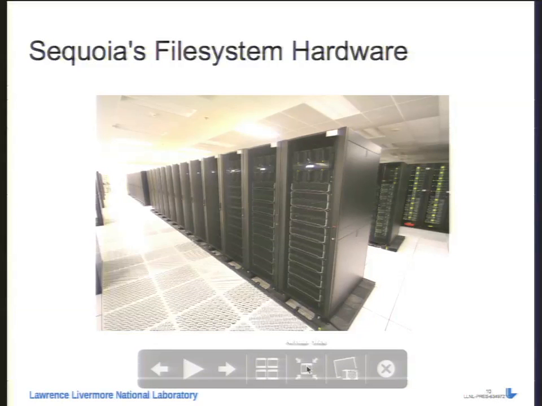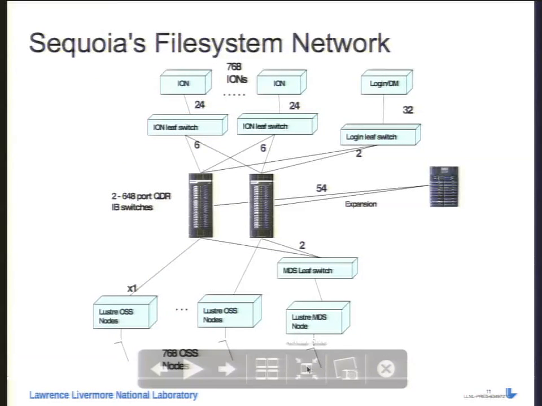Of those basic building blocks, we put 8 into a single rack. You can see the rack on the end there. We have 8 of the NetApp enclosures, and at the top we have an Appro Blade data center that we use to house the 16 OSS nodes. We combine those all through mainly 2 648-port QDR switches. The OSSs connect half of them to one of the big switches, half to the other big switch. That doesn't leave enough ports for all the I/O nodes to connect. We have an equal number of OSS nodes and I/O nodes,